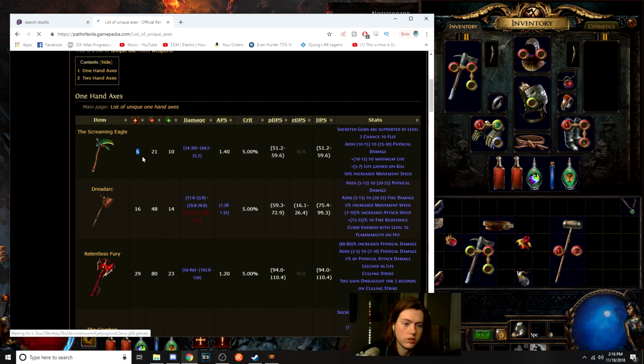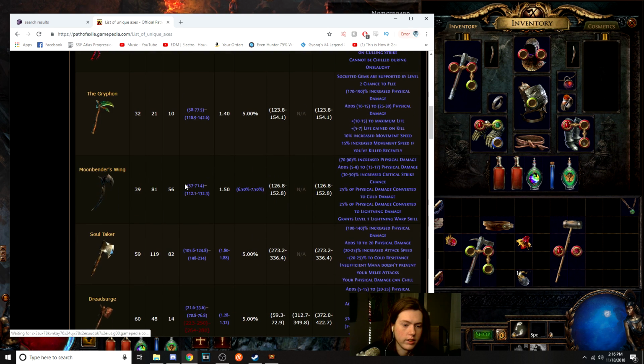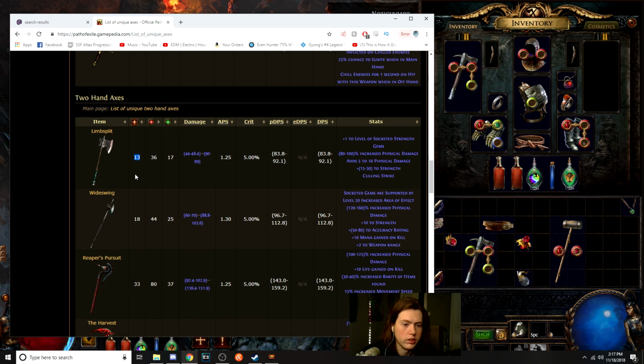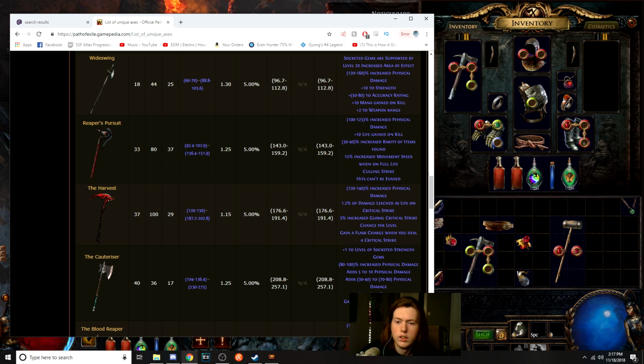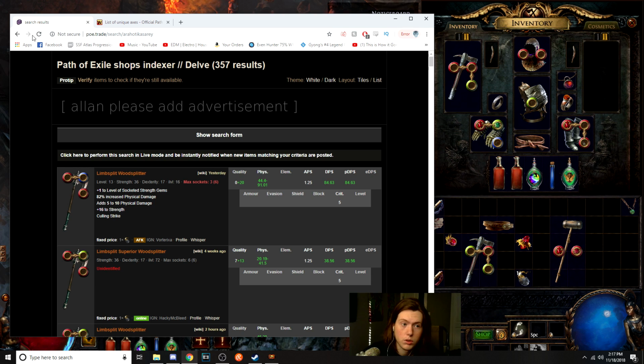So we have a Screaming Eagle at level 6. We have Dread Arc at level 16. We have Relentless Fury, level 29, and then things start to work their way up. You can see at two-handers, you have Limb Split at 13, Wide Swing at 18, Reaper's Pursuit at 33, etc., etc. So you can look at this, and then you can come back to PoE trade like this,